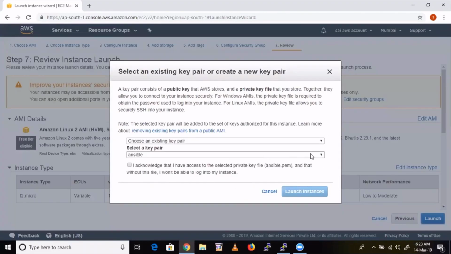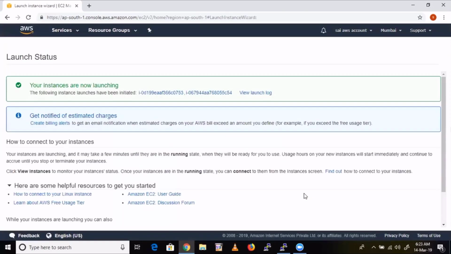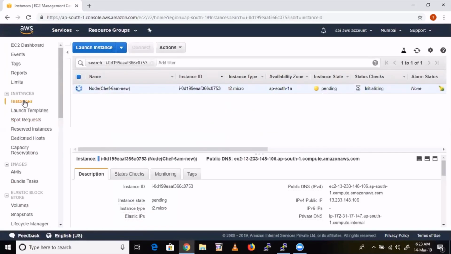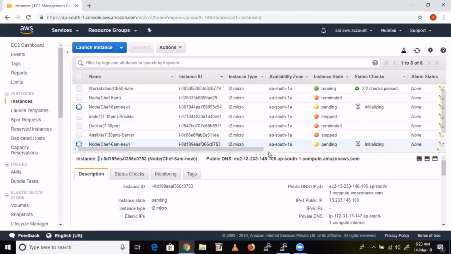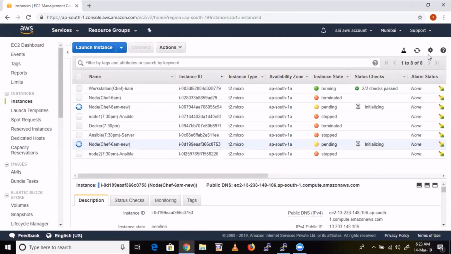Use the same key pair. Acknowledge and launch the instance. So you can see the two machines. I have launched them freshly, two nodes.